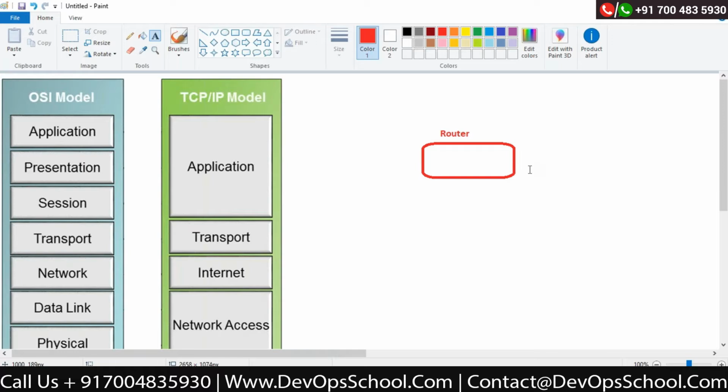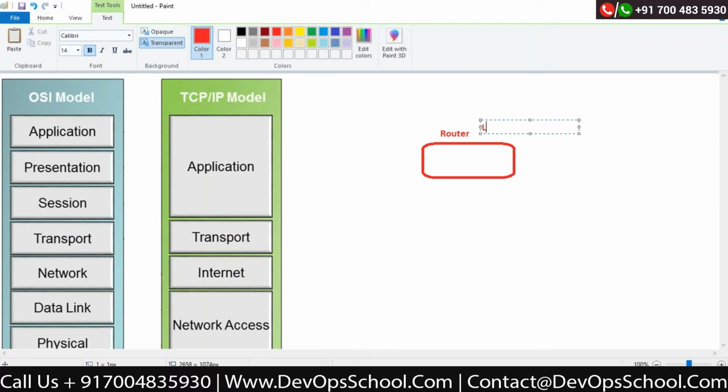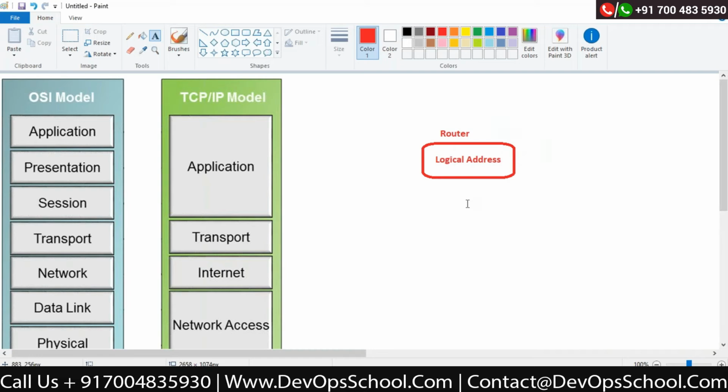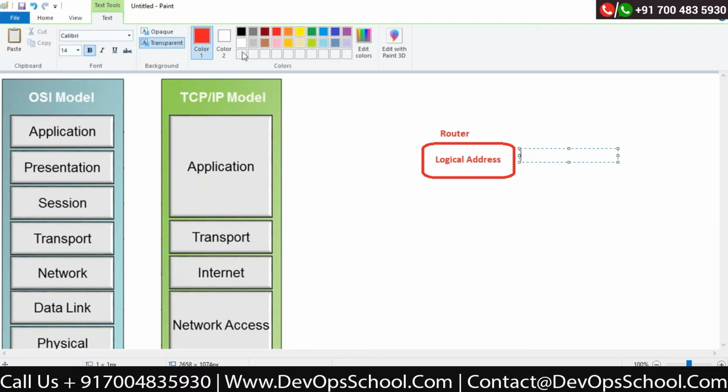Now you can see the router is the device. It works on logical address. What is a logical address actually? Your logical address is nothing but your IP address. Yes, absolutely.